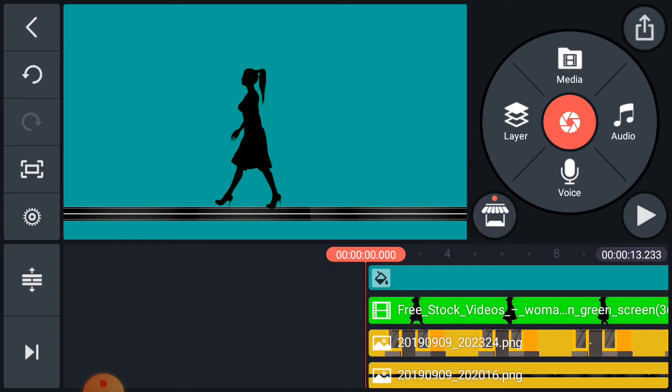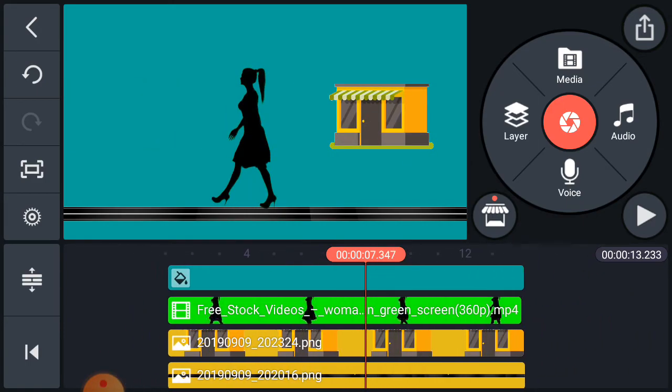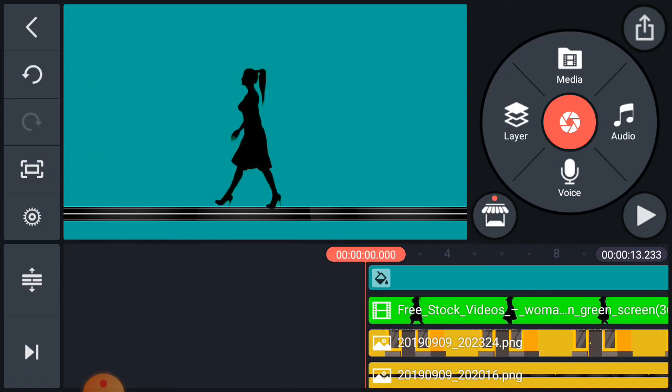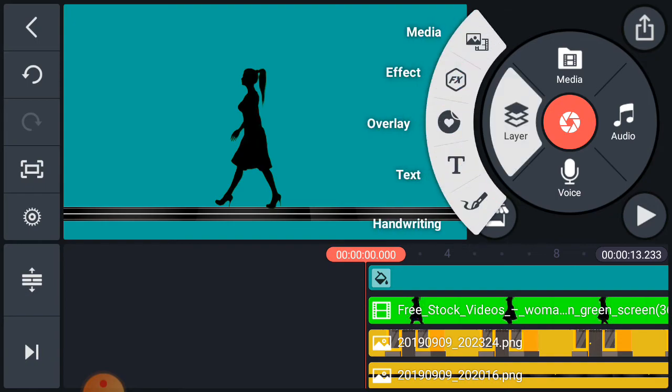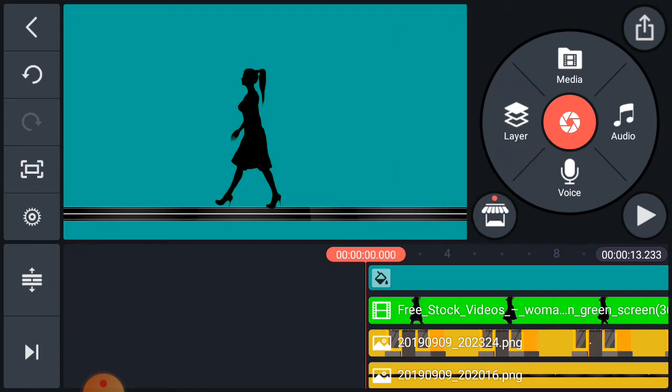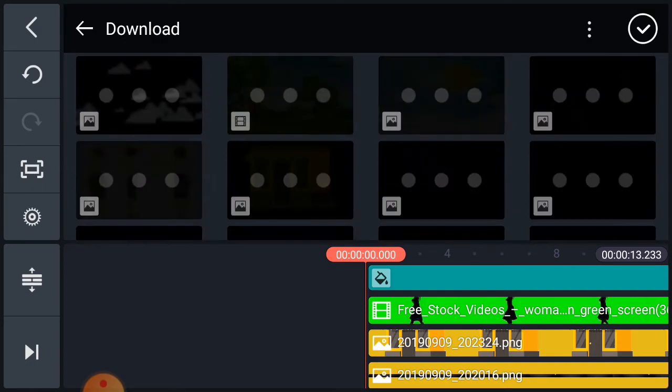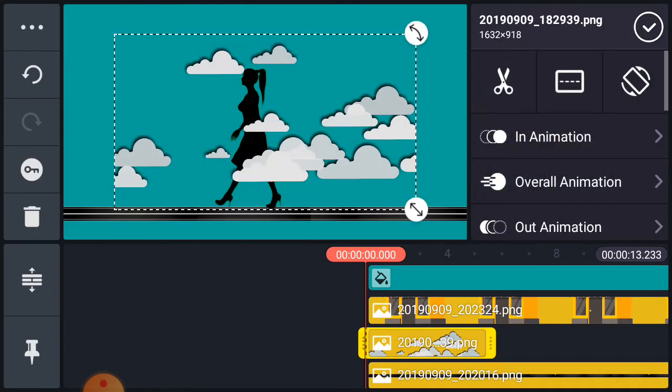So you can do many things here. You can add other things. You can see all these layers are working. So you can add other things also. Suppose you can put the clouds. Also I will give you the link for the clouds. I will click again layer, media, and the clouds are here.